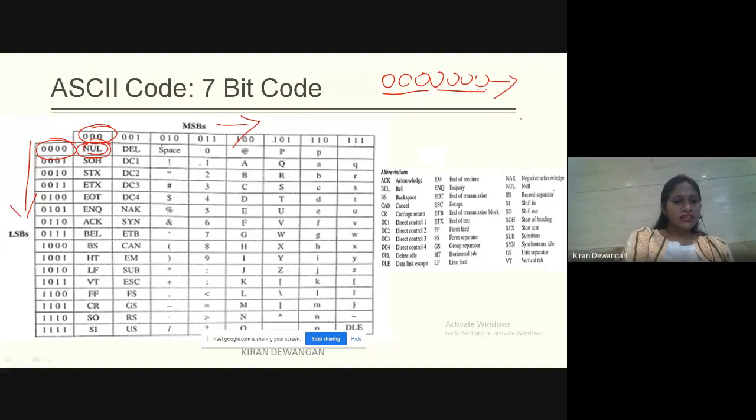If I am writing 000 and 1 here, that means it is SOH. That has a different meaning. Start of heading, it's mentioned here. Few of the abbreviations are mentioned here. We don't have to learn all these. सब कुछ को पढ़ना जरूरी नहीं है. We just need to know कि कहाँ पर से आपके नंबरिंग कोड हो रहे हैं, कहाँ पर आपके अल्फाबेट्स कोड हो रहे हैं. ये इंपॉर्टेंट है.